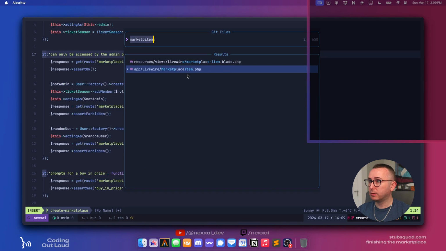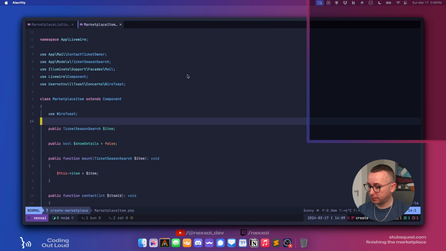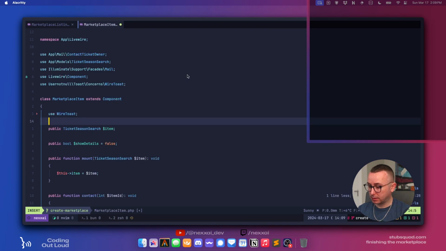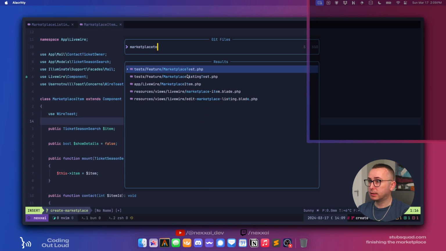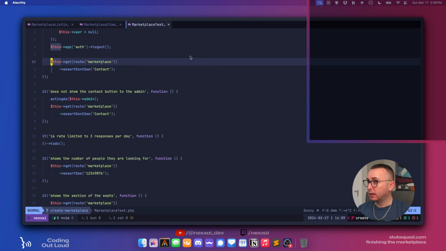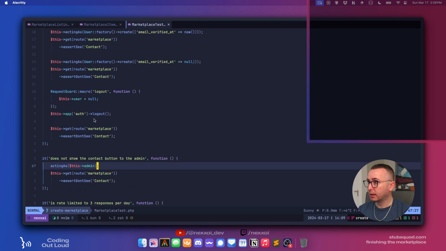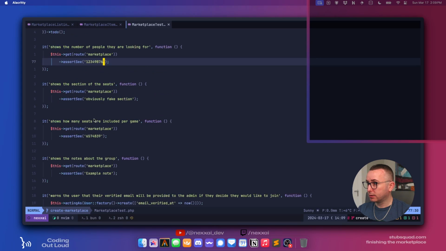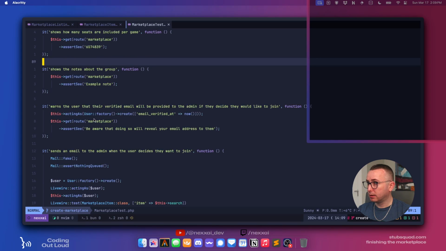Do we not have one for just the item itself? Okay, marketplace test. Does not show the contact button to the admin. Okay. Do we have one that shows the edit button to the admin? I don't think we do.